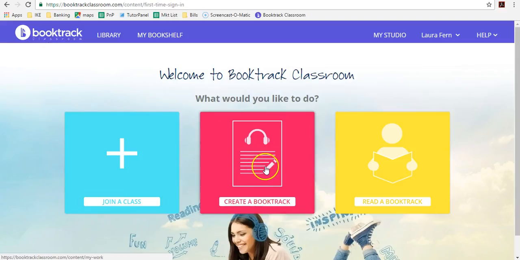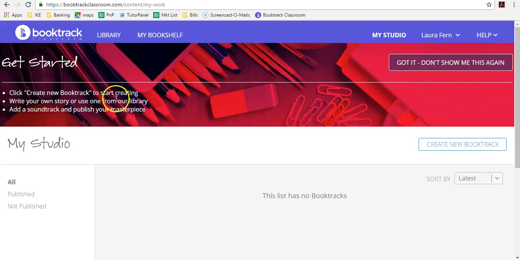To get started, click on the Create a Booktrack option. This takes you to the My Studio page. Here you will be able to see stories that you've published or that you're working on, but right now this area is empty since we are just starting to use this site. We are going to click the box Create New Book Track